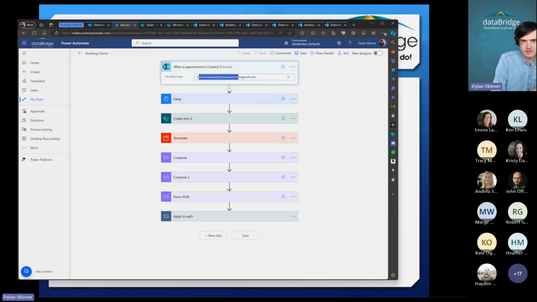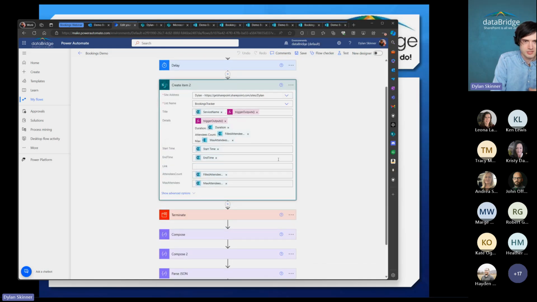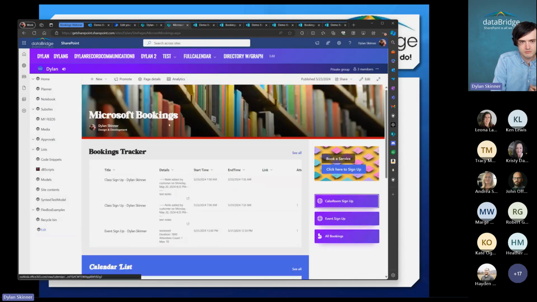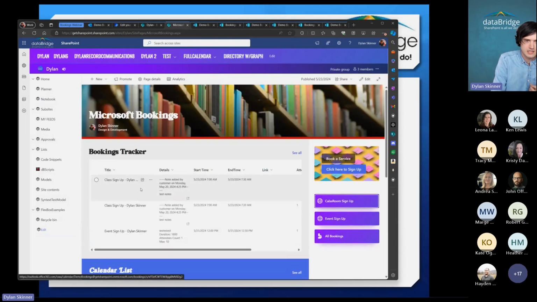So over here, you can see anything in this demo bookings page that I have set up. I just have a little delay, and then I just create an item in SharePoint to track it with the amount of attendees that are there, what was the max attendees for that, the start and end time, some of the details. And so that way, back on my page here, I've got this bookings tracker. You can see I've already got my new item here. I've already got this automation running, and it's already got this set up here so that I can see some